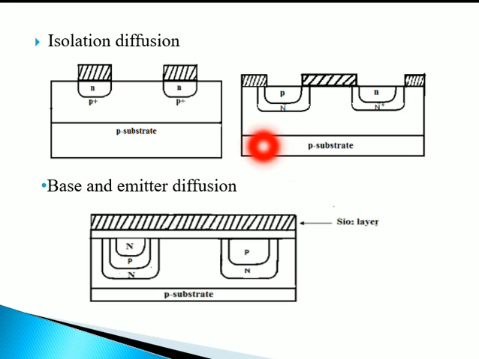Next is isolation diffusion. In this process your impurities will be added to your wafer. After that your wafer will be placed at high temperature and P-type impurities will be diffused into your N layer. Due to this your N layer will be isolated and will form an island like this. The heavily doped P plus will provide isolation between your passive and active components which will be formed in your N layer. So after this P you will form an N.